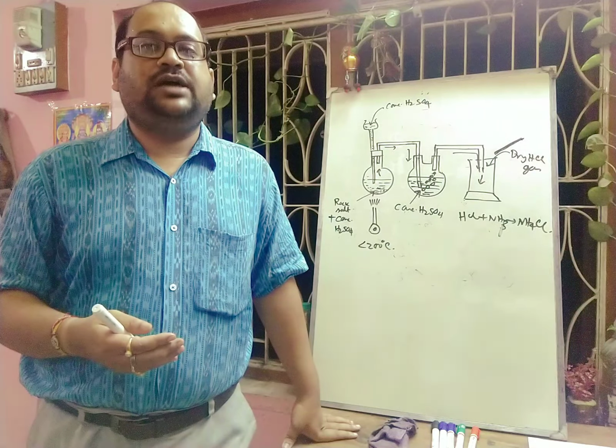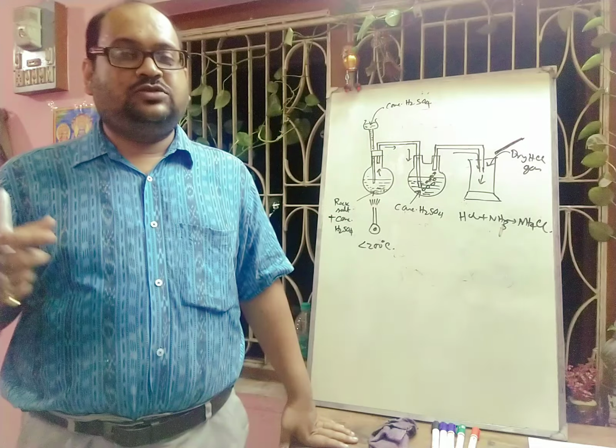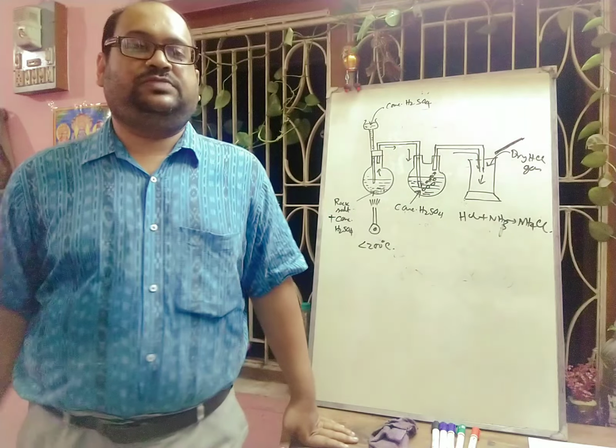Now the next question may arise: why should the temperature be maintained at less than 200 degrees centigrade? We can use another reaction where sodium sulfate and HCl gas are formed at greater than 200 degrees centigrade. Actually, temperatures above 200 degrees centigrade are not used because fuel is wasted, a huge amount of fuel is required, and the glass apparatus may tend to crack. The sodium sulfate forms a hard crust, sticks to the glass, and is difficult to remove.